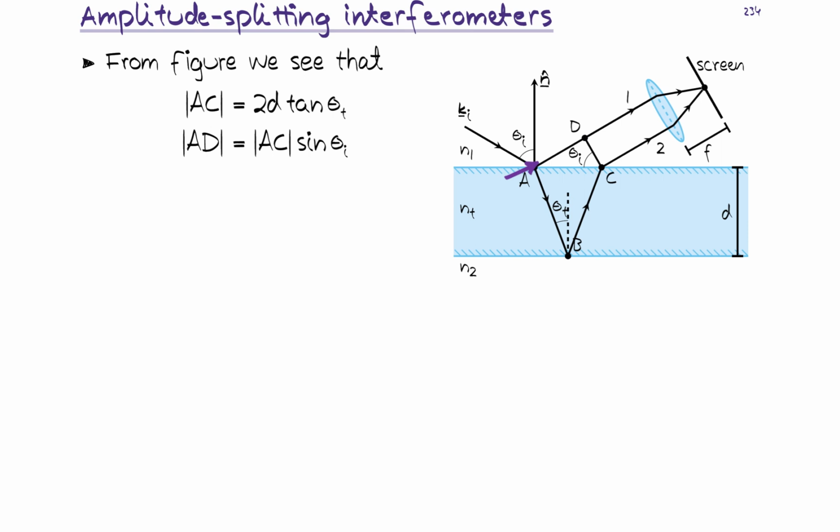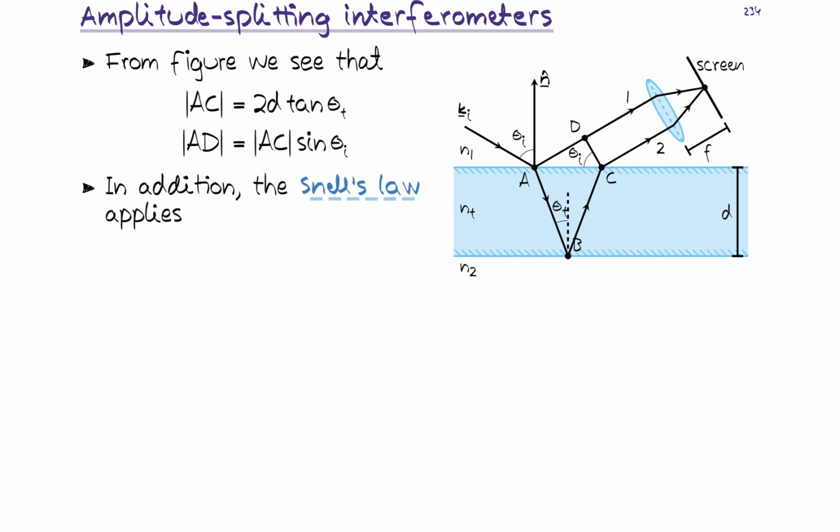And similarly, for the AC, the distance here is basically 2 times d times the tangent of theta_t, so that we can just imagine that we have a triangle here, and from that we can calculate what this will be. So basically, we are taking the thickness d here, and then when we are calculating the second side length of the triangle here,